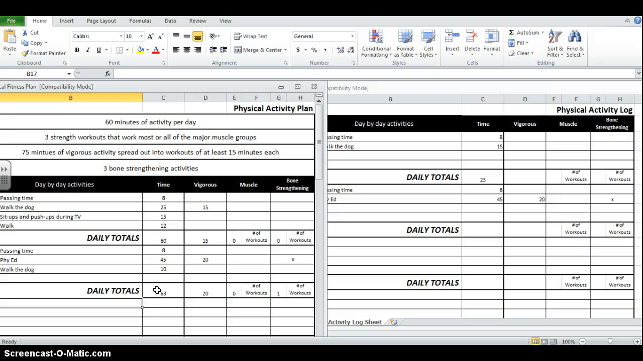Okay, and so on day 3 here, and I don't have a modification, but maybe this was FIAD again, and on this day we only had 5 minutes of vigorous during warm-up, but we had a strength training day, so we had a muscle building workout that day. And then I had passing time again